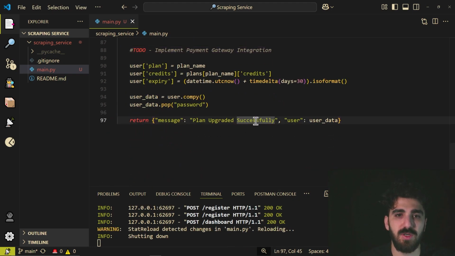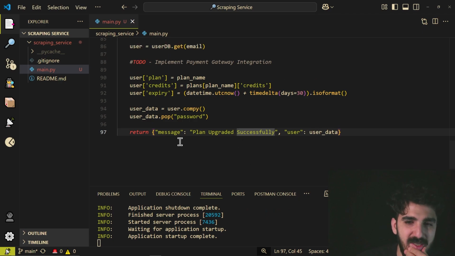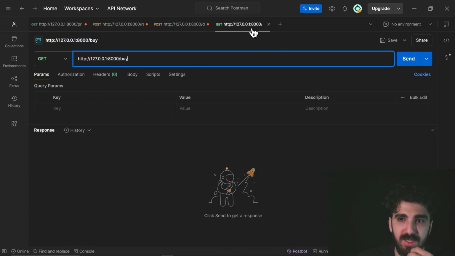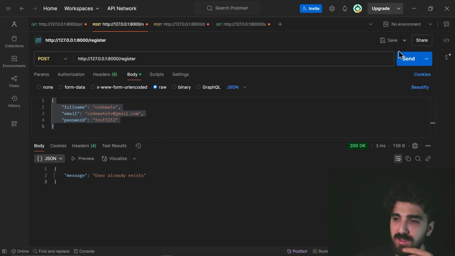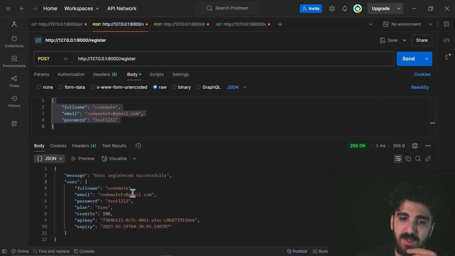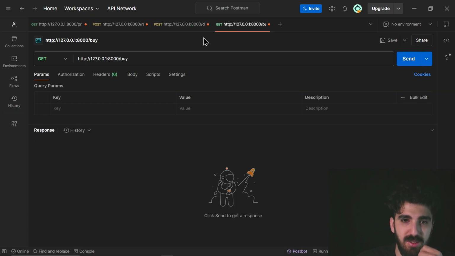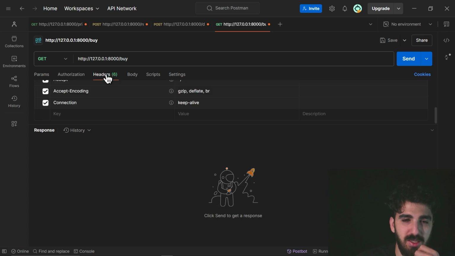Okay, for this to do function. So okay, I saved it. Let's try register and buy something and check our APIs. First of all, let's just register. Okay, user registers successfully, and then let's try login, and we want to buy, and we should